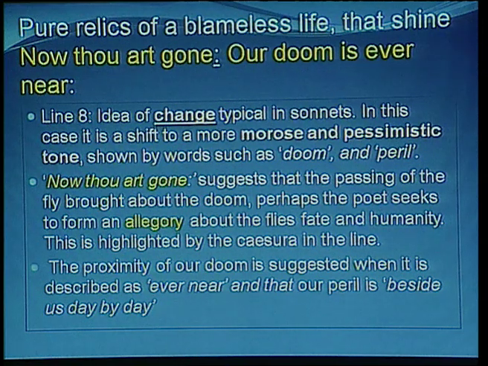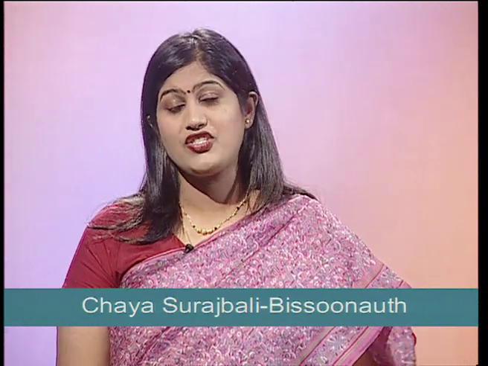This is highlighted by the caesura in the line. Let us refresh our memories about what a caesura is. A caesura is a break in a line in a poem. Usually, it is used to highlight, to emphasize two different things, as here happens: "thou art gone, our doom is